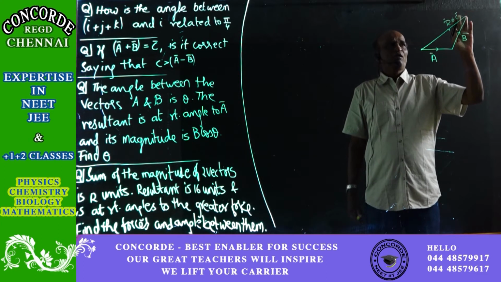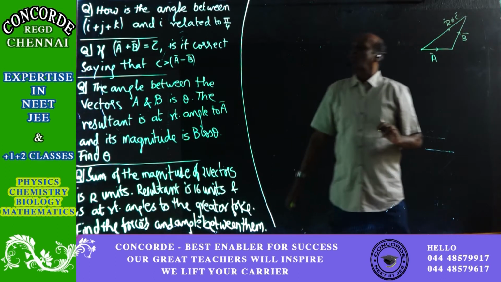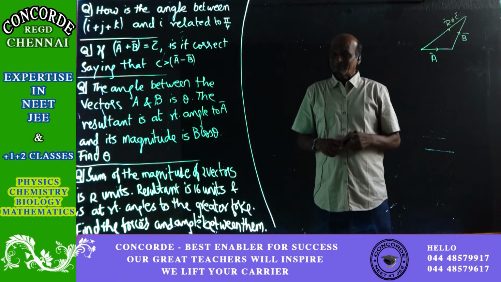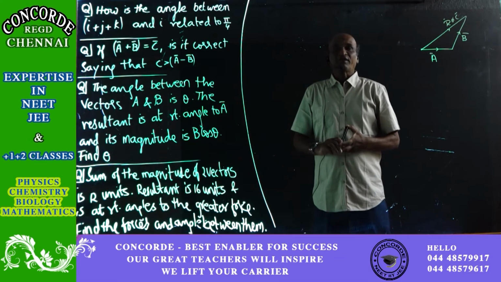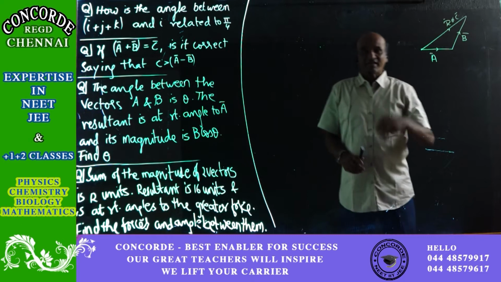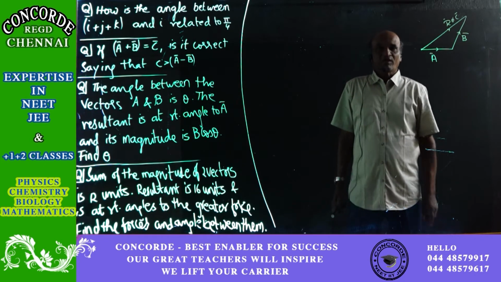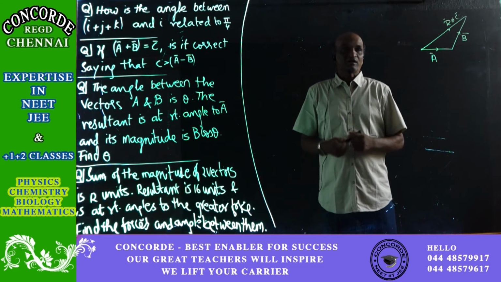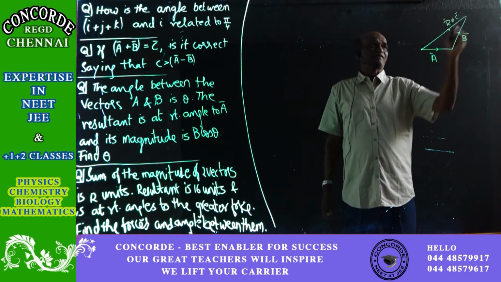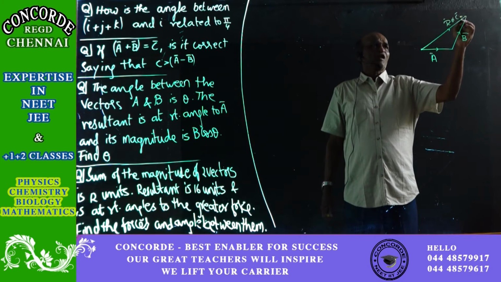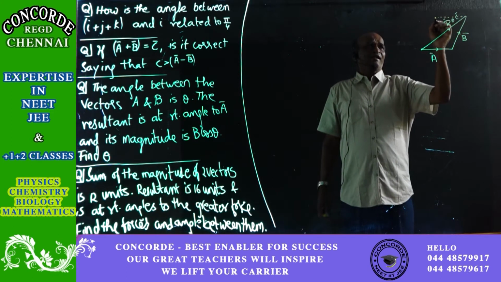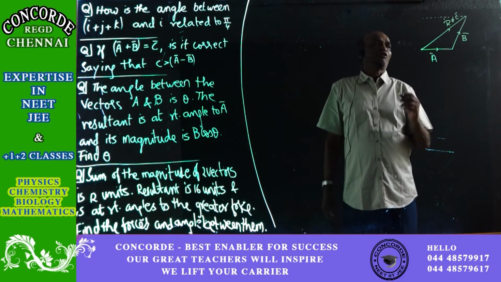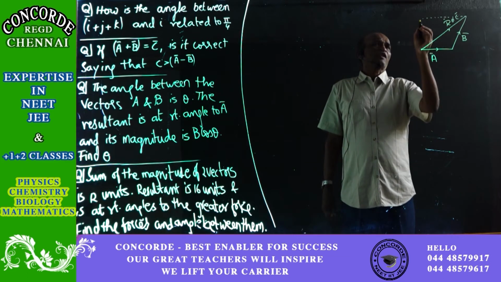Okay, now to find out what about A bar minus B bar, whether it is less or anything else, when you compare it with C, that is what we will have to now check out. Remember, for that, already we have studied one piece of information, that whatever be the diagonal, that is equivalent to the resultant, and other than that, when you take the other diagonal of the parallelogram, then